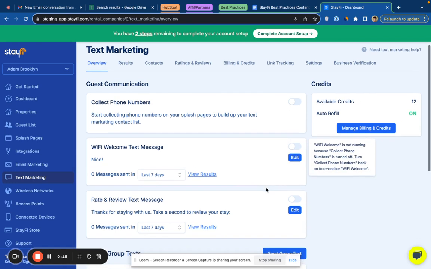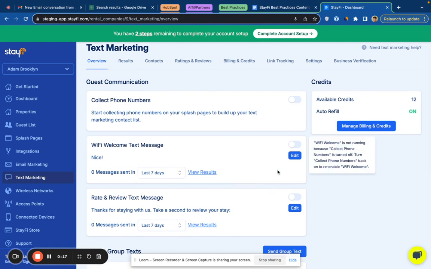In the world of short-term rentals, reviews can really make or break your business. Positive reviews boost your property's reputation and visibility and lead to more bookings. Negative reviews, on the other hand, can deter potential guests. Now, we've actually crafted our SMS tool to both support increasing your inbound reviews as well as avoiding unnecessary negative